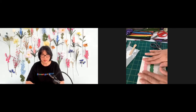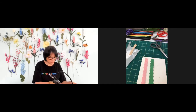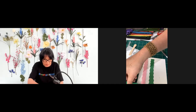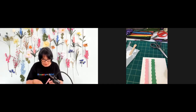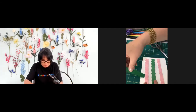Alrighty, so you have that. And then what I want, once it dries a little, you just press that down. You could use the other strips and just weave it in, okay? So like that, and then I would have another one here as an example, and you just weave in and out